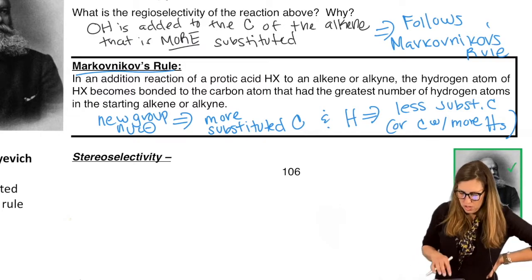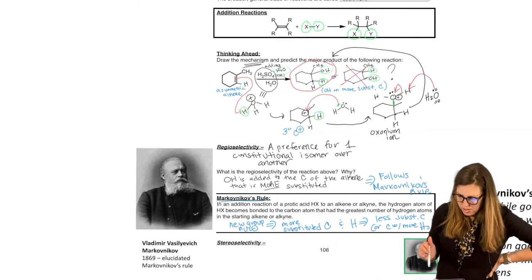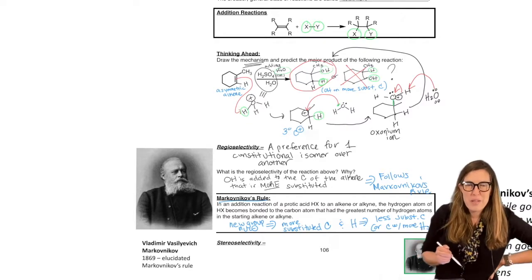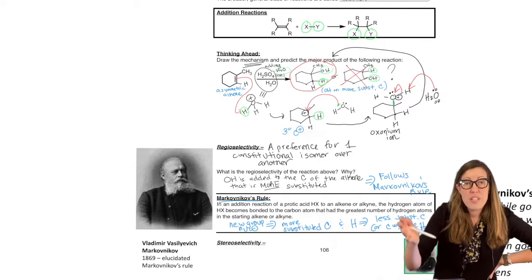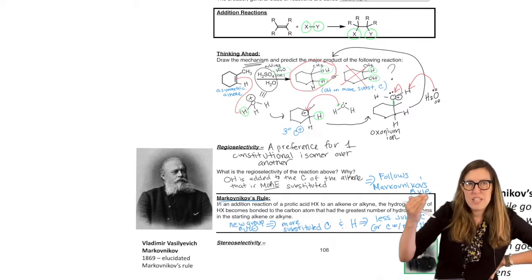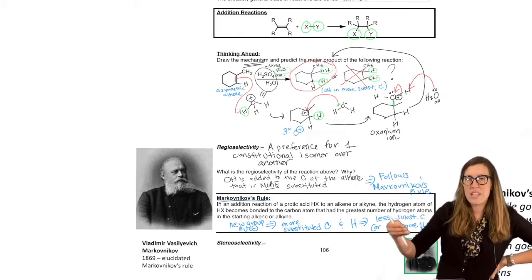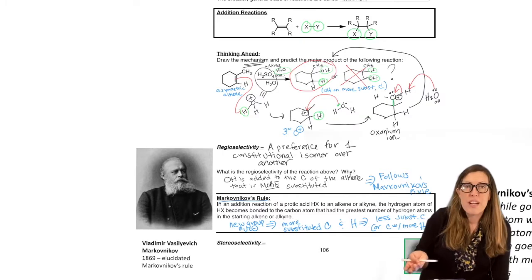All right, so just a little bit of interesting history, because some of this old-timey stuff is somewhat interesting. You learned recently about another Russian chemist, Zaitsev, who established Zaitsev's rule, which has to do with alkenes, right? When you form an alkene, you're doing the opposite. Instead of losing the alkene in an addition reaction, you're forming an alkene in an elimination reaction. We always like to form the more substituted alkene possible.